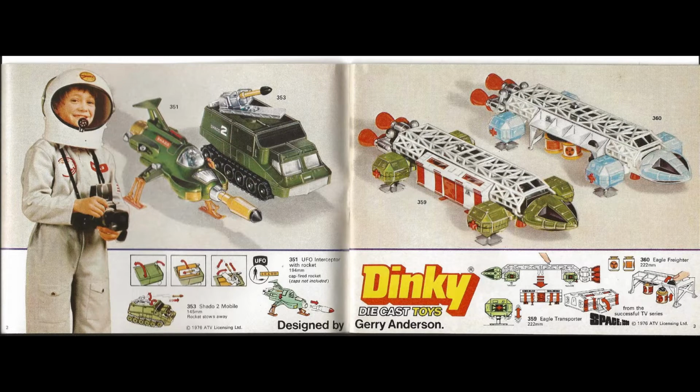So those Eagles actually originally came out in 1975. This catalogue actually dates from 77. And interestingly, the list that I'm looking at actually has the Enterprise dating from 77 as well, but it is in this catalogue, whereas it was also in the earlier catalogue that I've done a video on, which is the 76 catalogue. So maybe the dates I'm looking at aren't quite precise, but I think for a lot of these things,